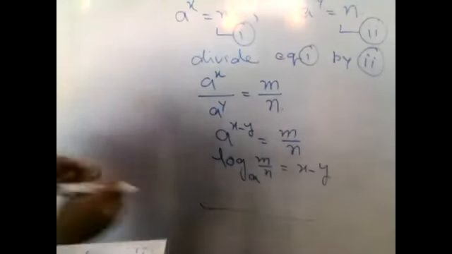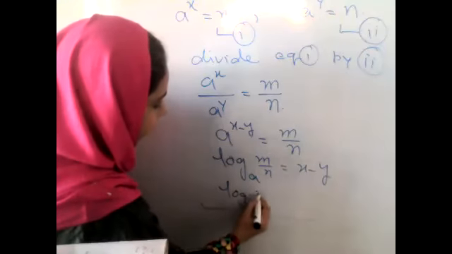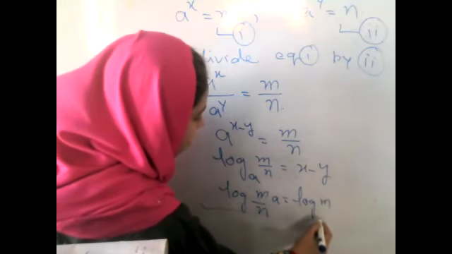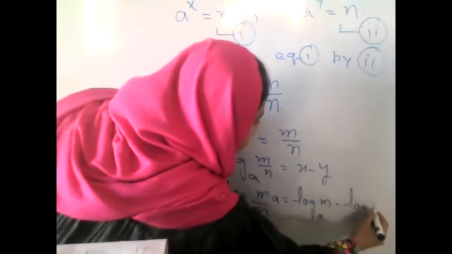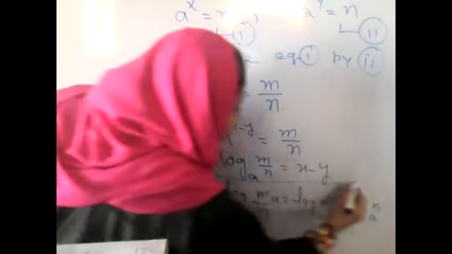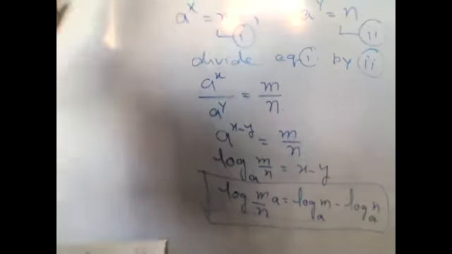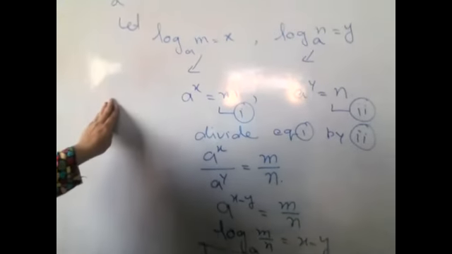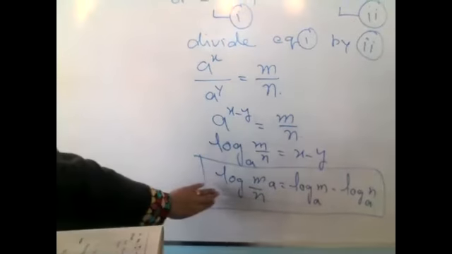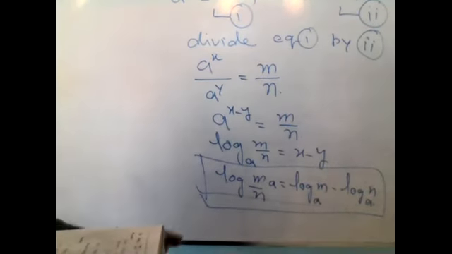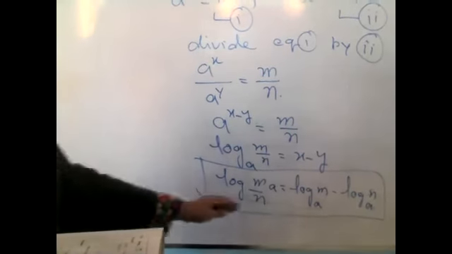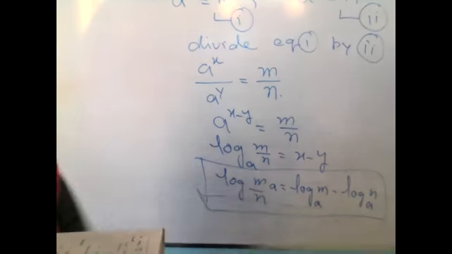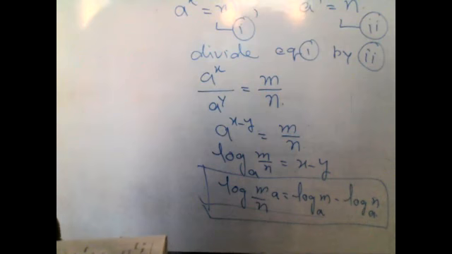So I will just put the value of x. So log m over n to the base a is equal to log m to the base a minus log n to the base a. This is the proof of the second law, as this was the statement. After doing all these steps, we just proved that this statement is true: when we are dividing two numbers and taking its log, it would be equal to their separate logs with the negative sign. Miss, you copy